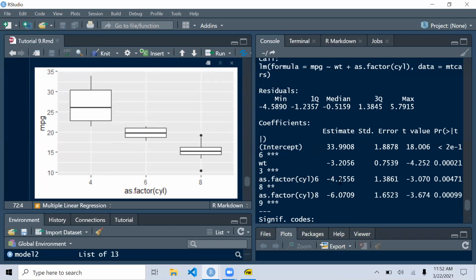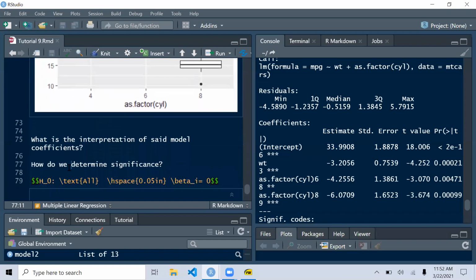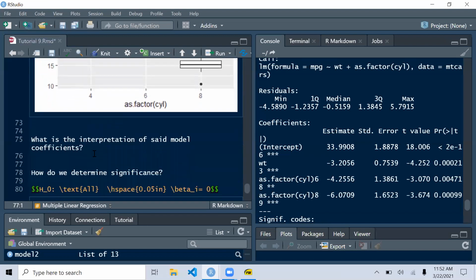So it makes sense as to why it's negative, because of course the miles per gallon goes down when you weigh more. So you're going to say relative to group 4, you see a decrease of 4.2 miles per gallon if you're in group 6, and the same thing for group 8. You also have the estimates for this, but now you have to keep in mind that you need to interpret this in the context of the fact that you have multiple predictor variables. So how do I actually interpret coefficients? I need to be something like, holding the